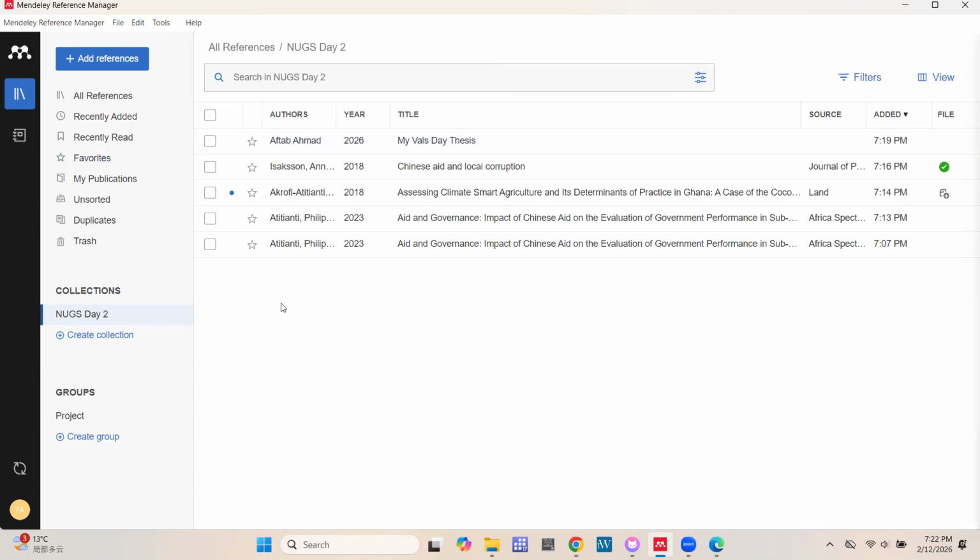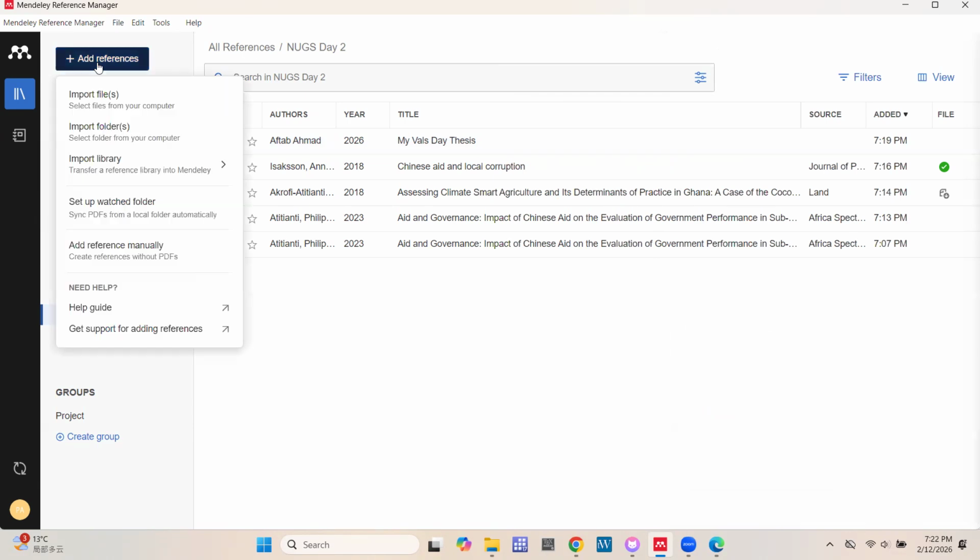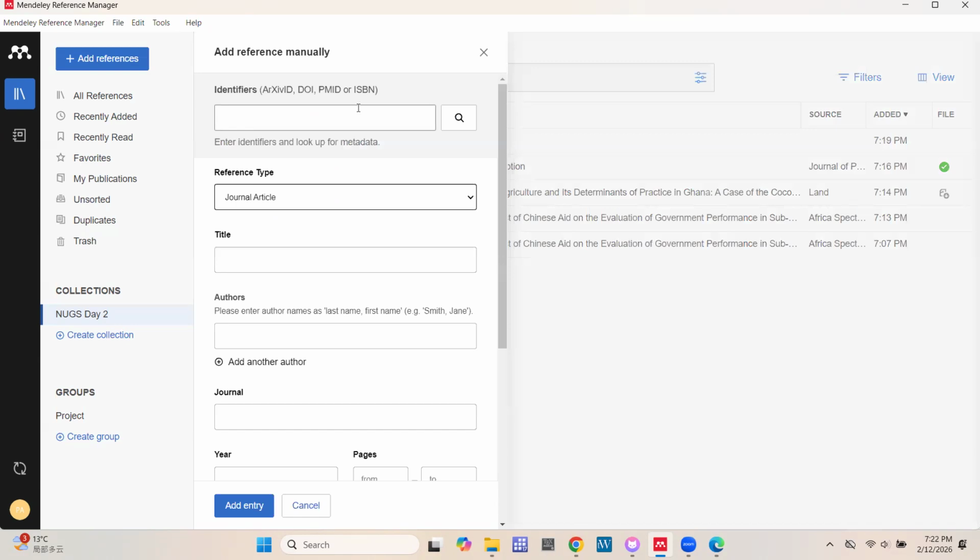Now, maybe the final approach to add file, when you click on add references and you choose add reference manually, you realize that now you even have the easier option to use identifiers. So if you have DOI, or if you have PMID, or if you have ISBN, you can easily paste them here and then search.